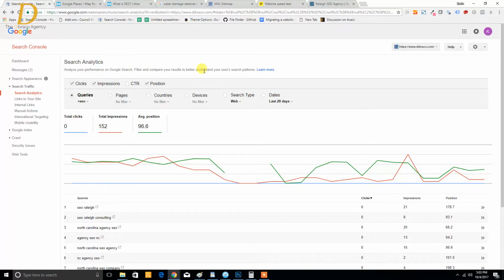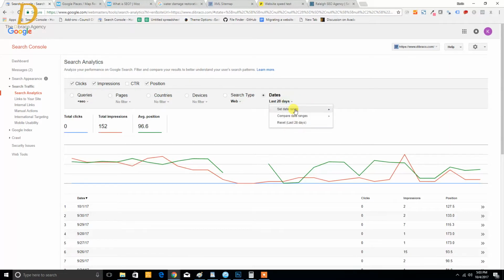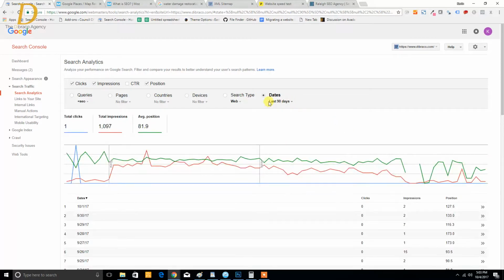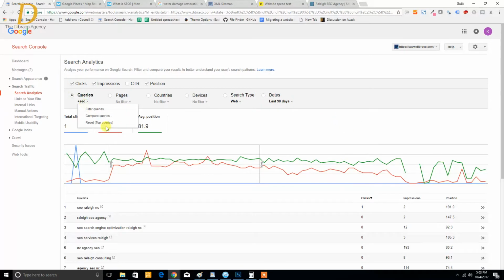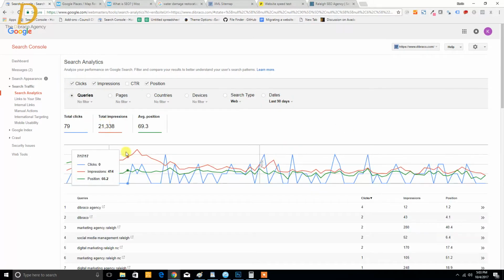So this is how to track your SEO and how you're doing. If you don't have Google Search Console, get it, put it on your site, track it. And what you can do every 3 months, it tracks for up to 90 days, right? So you can track to see how you're doing, right? There's one with a note here, and you can see there was a ranking drop. But if you read that note,